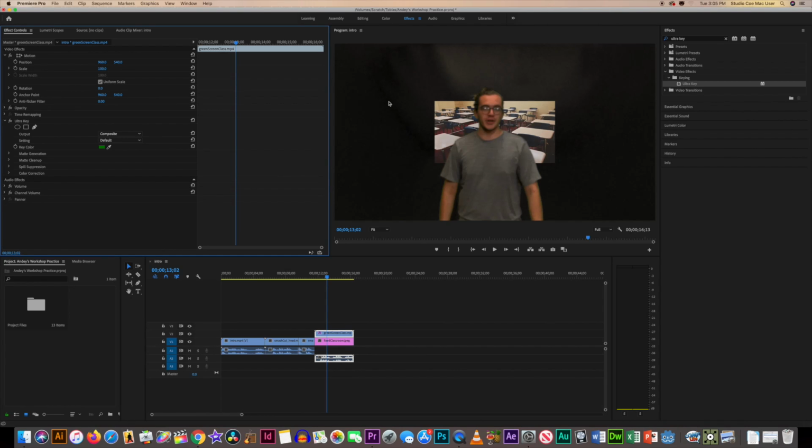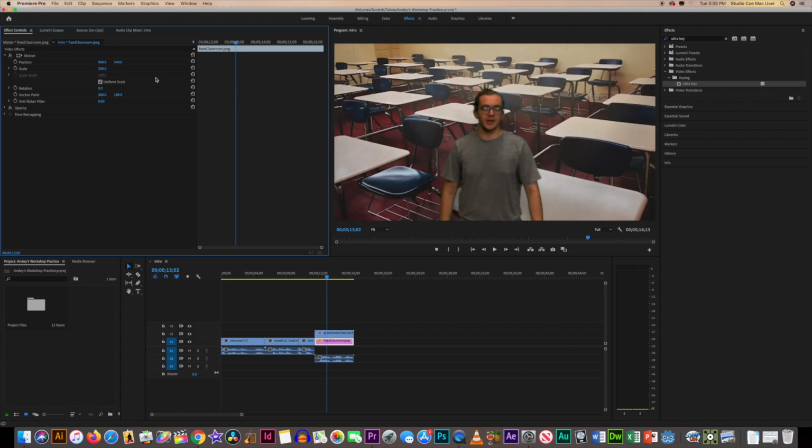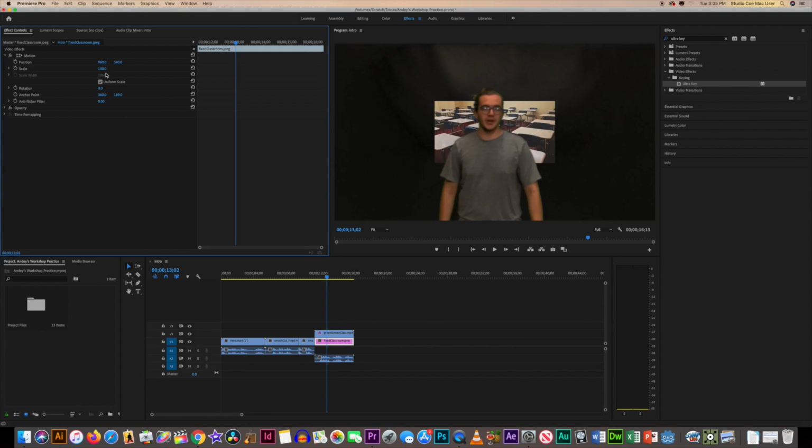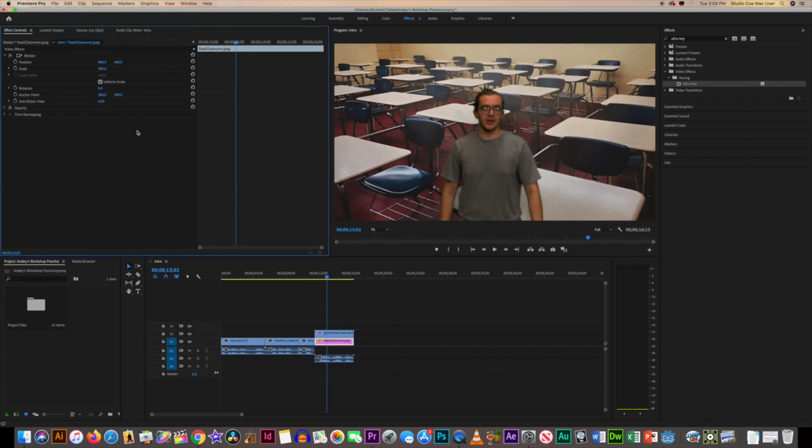So you can see that our classroom is a little small right now, and we're going to want to change that before we work with our Ultra Key anymore. So let's go ahead and click on our classroom. You'll see its effect controls pop up here, and we're just going to want to increase the scale until it fills the whole window. And the way to do that, you can either click once and type in a value, 300. I'm going to go ahead and undo that. Command Z. Or you can click and drag to the left and right like so. We'll do it right there, 295. That works. So let's go ahead and reselect our green screen class